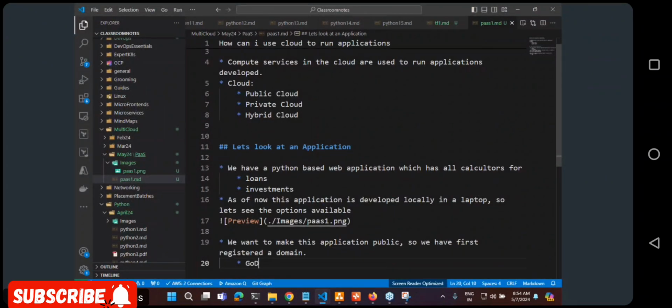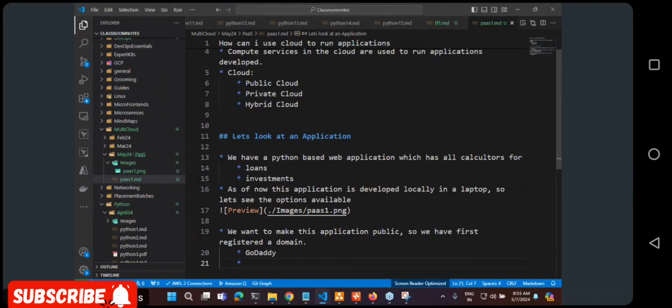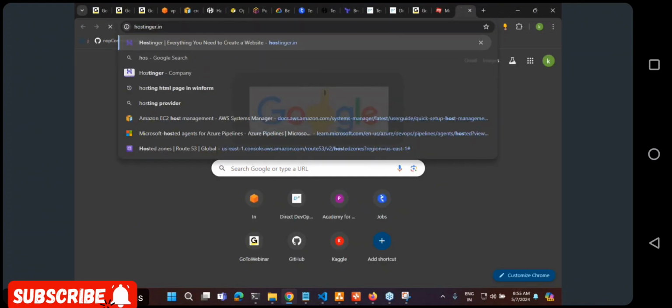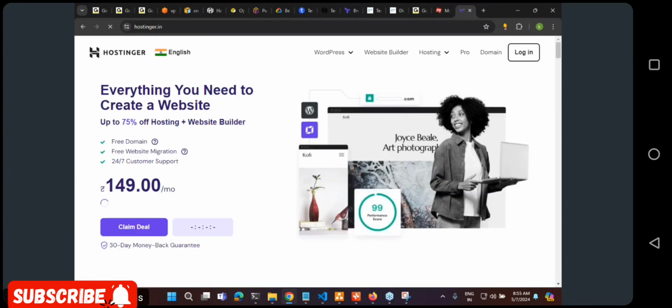You can go with something like GoDaddy. You can go with something like Hostinger. Even AWS gives you an option to buy domains. These are all people who sell domains. Let us assume that I go to hostinger.in and search for a domain.